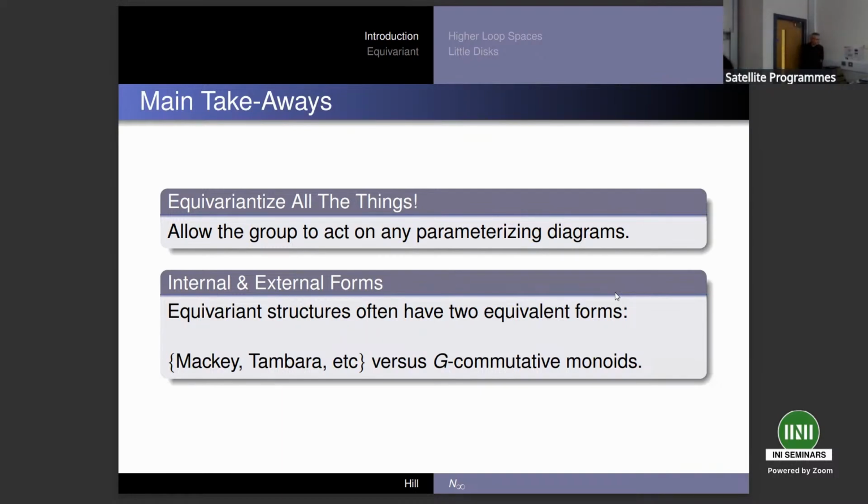And so historically, the right-hand side, these are all named after people, even though Mackey didn't define Mackey functors, of course Dress did, and Tambara defined what he called TNR functors, and then we call them Tambara functors, ignoring his wishes. So you're gonna have to edit a lot. Just to warn. I see you're like literally texting them, stop recording. And those are the internal forms. The external ones are the so-called G-commutative monoids, and I think you know about it.